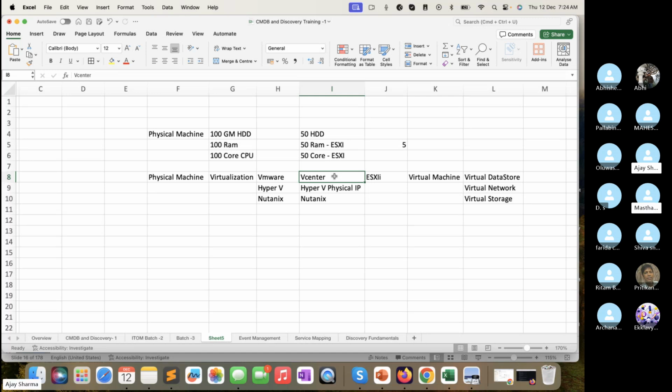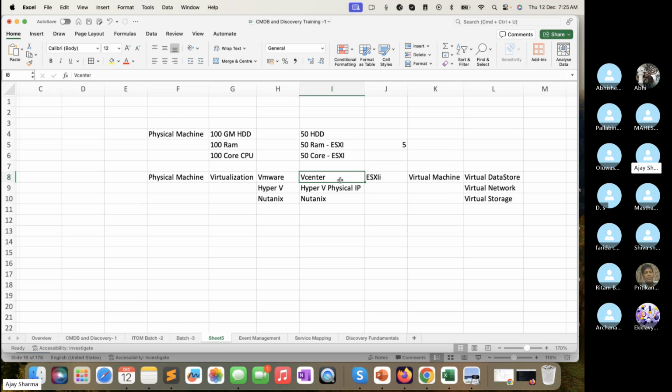Something is required, right? The management console is required. From there he can log into that particular server and perform patch upgrades, RAM changes, CPU changes, whatever you want, because it's again a virtual thing. So vCenter gives that capability: it is where you can manage the complete ESXi, virtual machines and all other components. And whenever you are going to discover, you are going to be asked for the vCenter IP